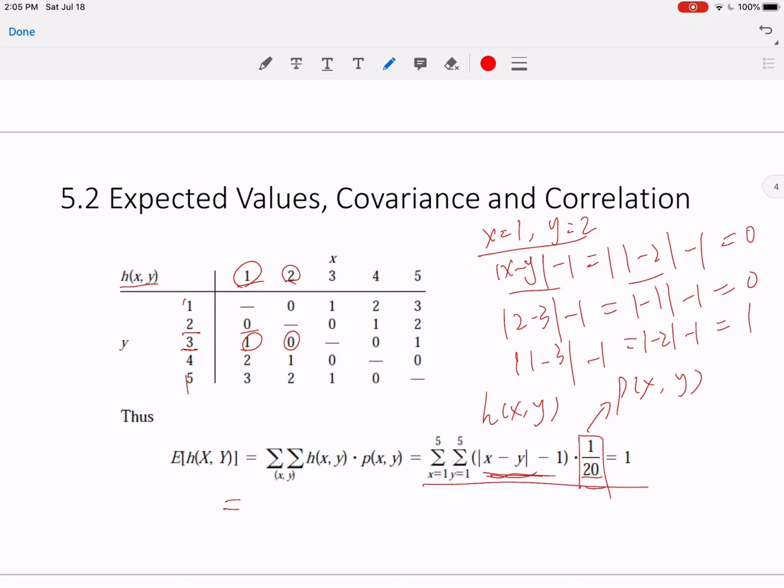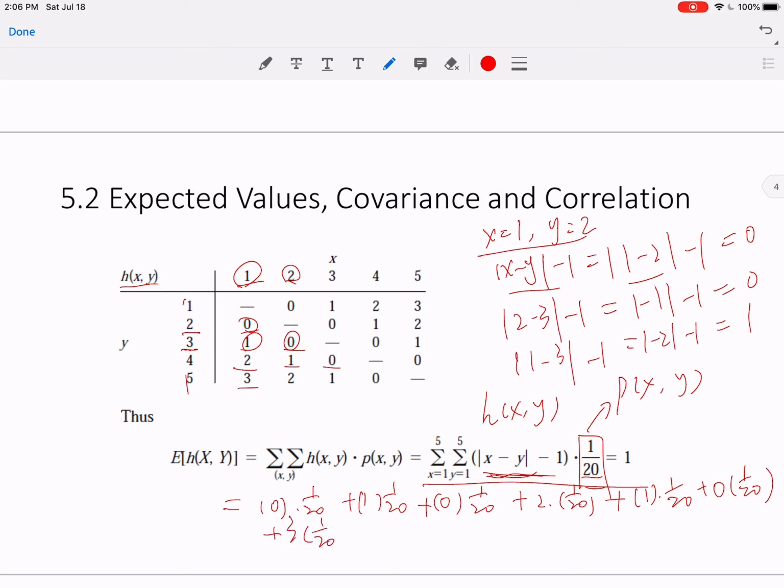So this summation is going to be equal to the function value here, 0 times 1 over 20, and then plus 1 times 1 over 20, and then plus another 0 times 1 over 20, and then plus another one, 2 times 1 over 20, and then plus this 1 times 1 over 20, and then that 0, plus 0 times 1 over 20, and then plus this is a 3